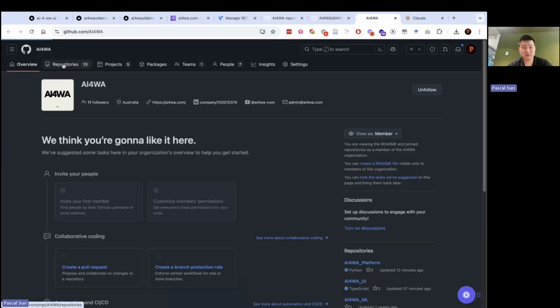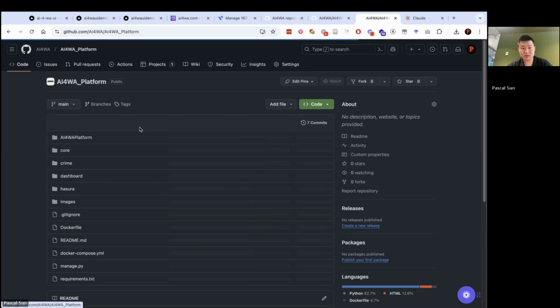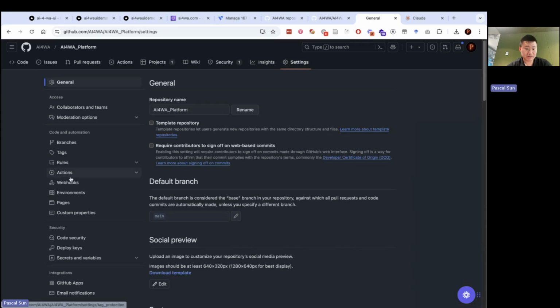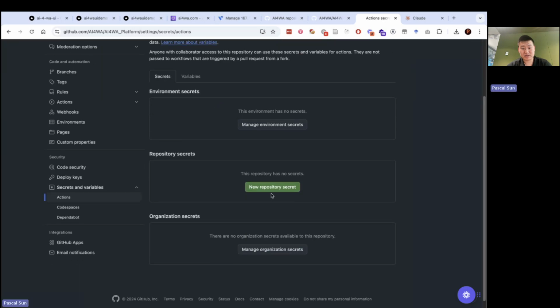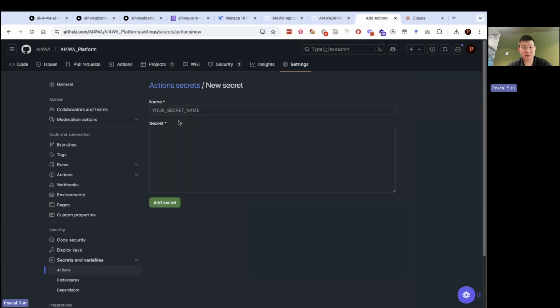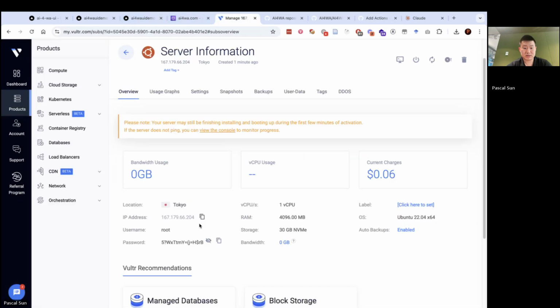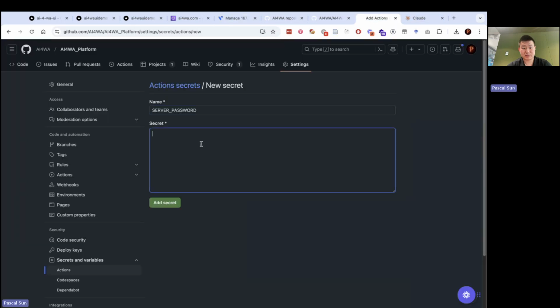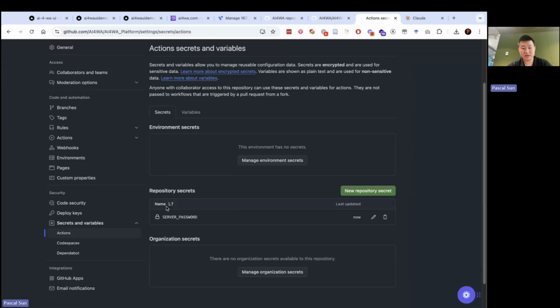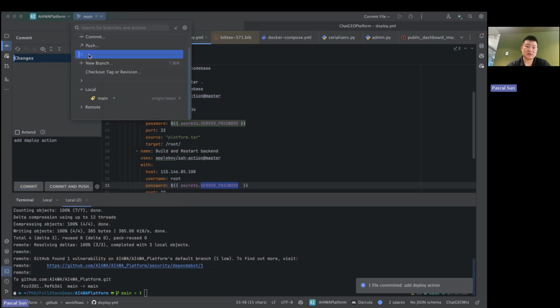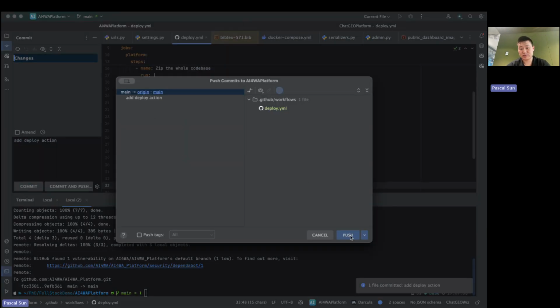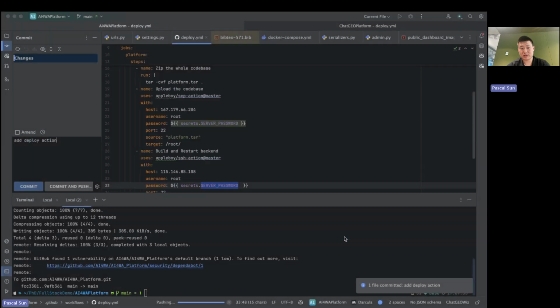We go to this platform, we go to the settings, and we go to the action, no, secrets, actions. And then I need a new repo secret. Let's call this name, and the password is here. So I click add, it's being added. And then I have this one, so I just add a deploy action. This is the first time, so it's highly possible it won't work, but we will try. We push,